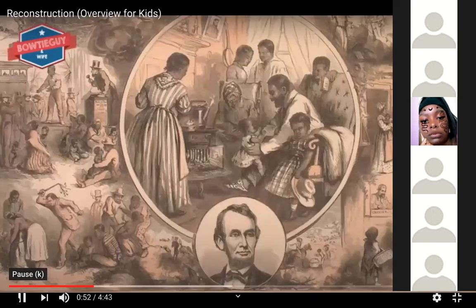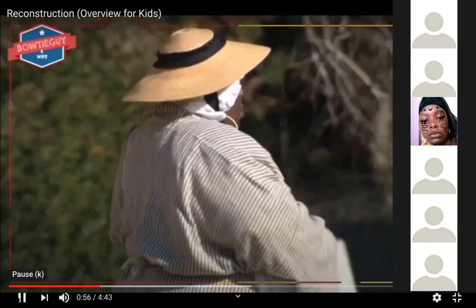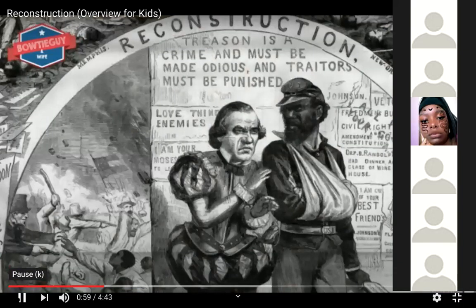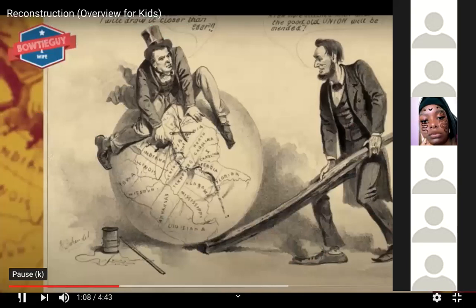They were given suffrage rights, the right to vote, but that was only African American men. And then the 15th Amendment gave African Americans equal protection under the law. So under the Constitution of the United States, African Americans were given no provision that they were second-class citizens. No, they should be treated fairly underneath the Constitution of the United States, the law of the United States.